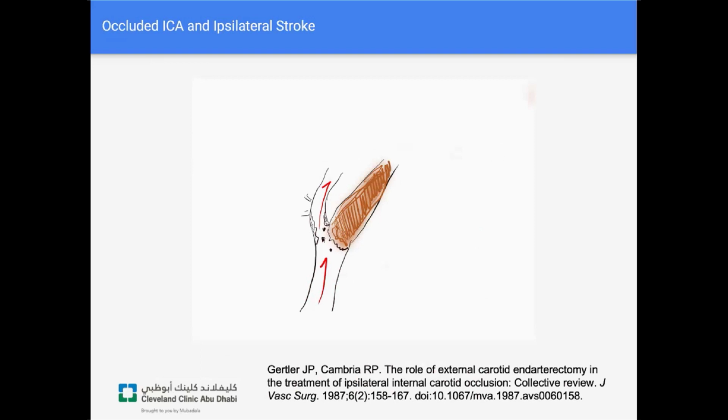So we're switching gears again. We operate, going to step back and review, we operate on patients who have had strokes with greater than 50% stenoses, or patients who have no symptoms and greater than 60%, although I generally operate on patients over 70 or 80%, and there's specific reasons for that.